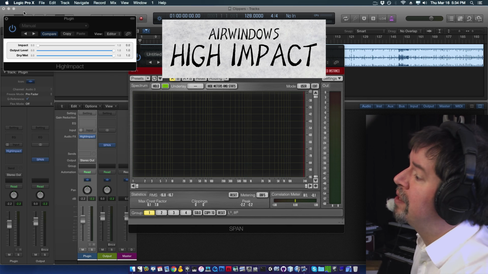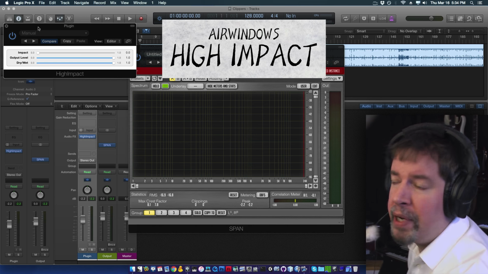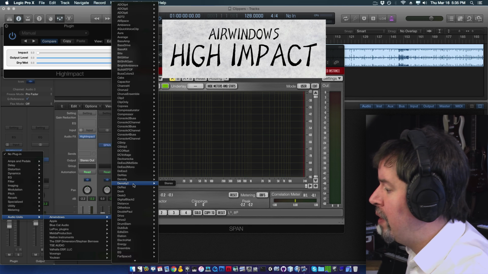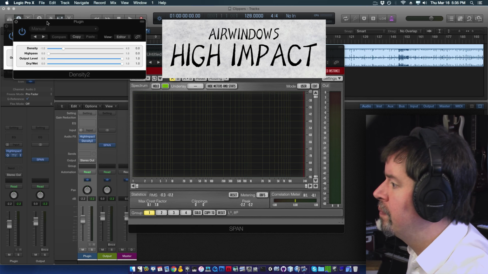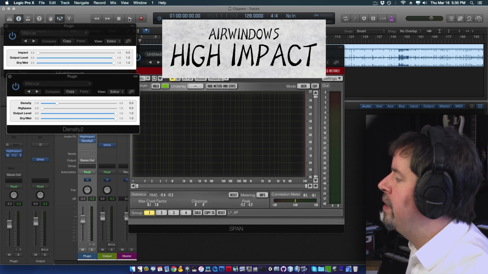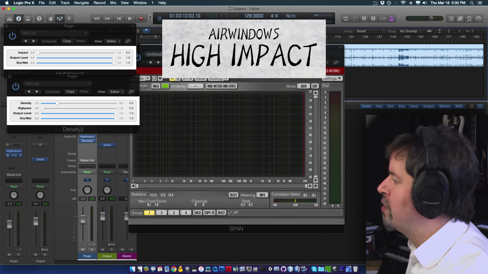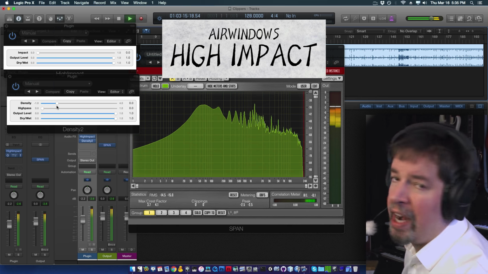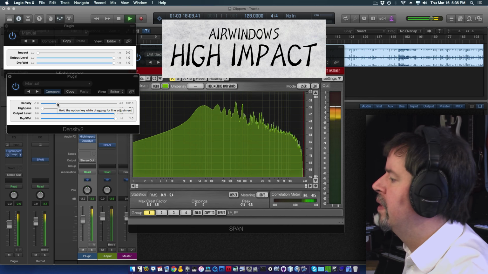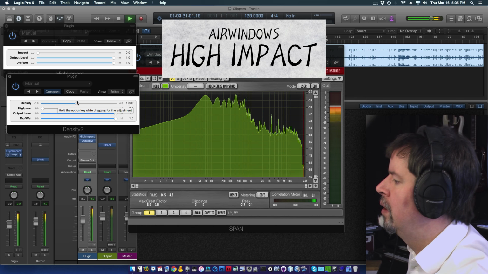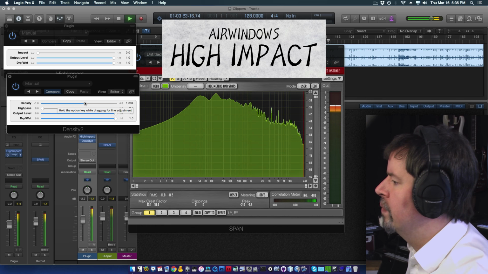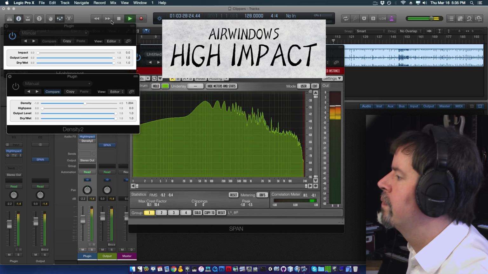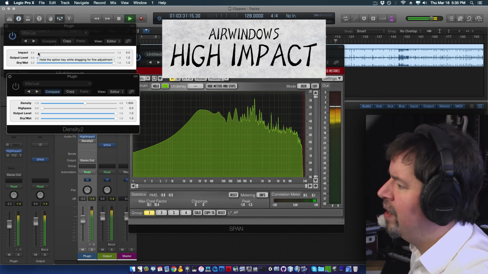Here's what this guy does. It's a distortion, but it's a distortion that doesn't fatten up the sound. Like here, I'll demonstrate that by comparing it to Density 2. And we'll throw on maybe this track, same as usual. We've got it padded a little bit so it doesn't blow you up. So Density makes everything really fat. High Impact, on the other hand,